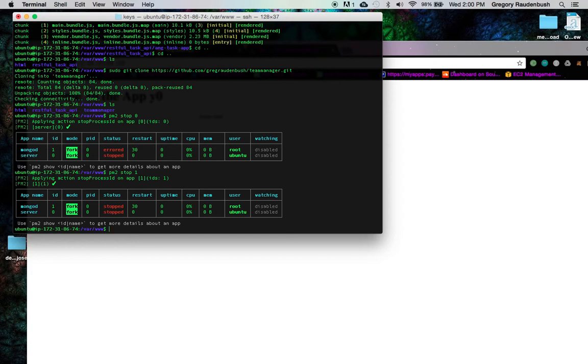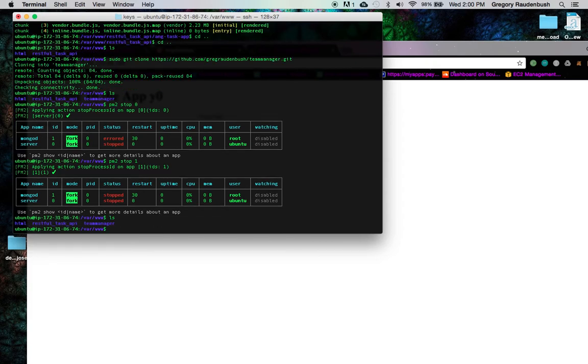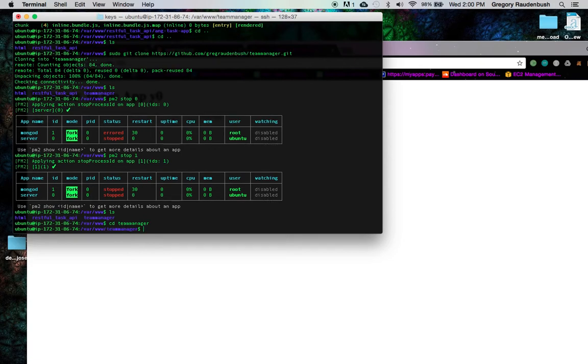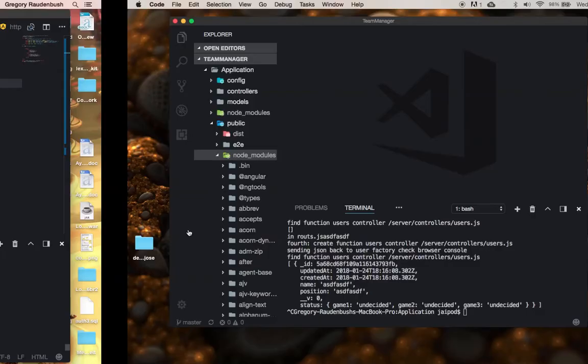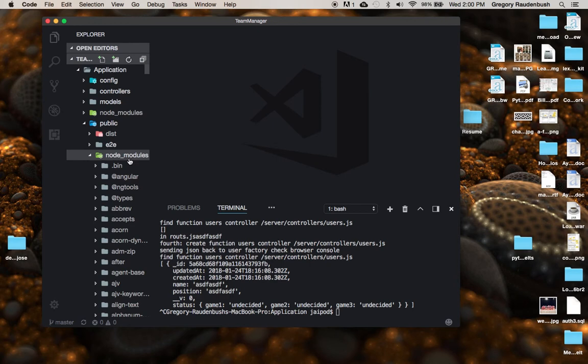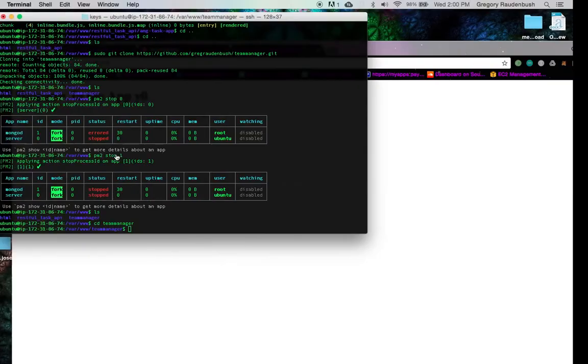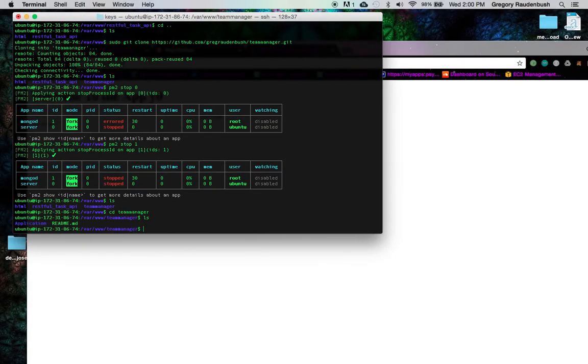Now don't forget that I have just pulled a new project in, and I'm going to need to run npm install and ng build because we don't have those here. So cd into team manager, and in the fashion of being a programmer and not memorizing anything, I'm just going to slide over to my team manager because I do have a different folder structure. So right in applications I have a node module, and in the public folder. So ls, cd app, great,